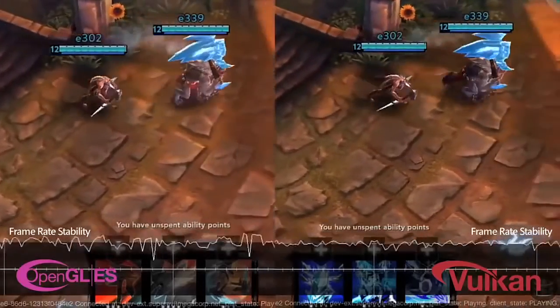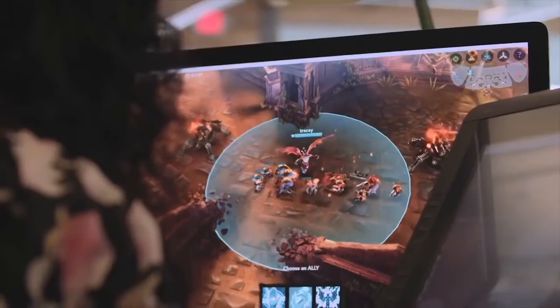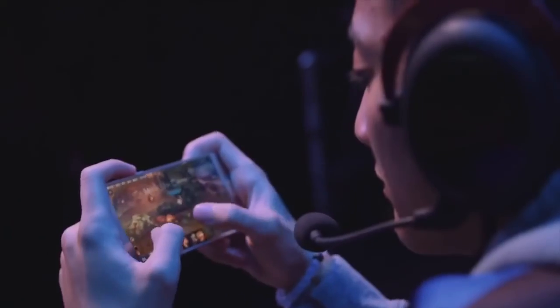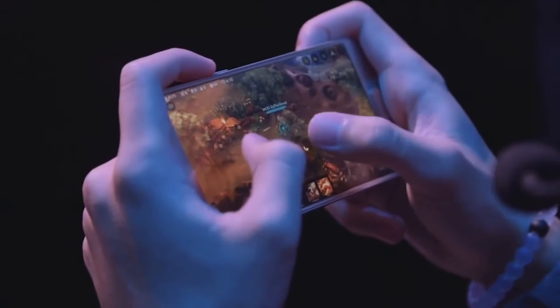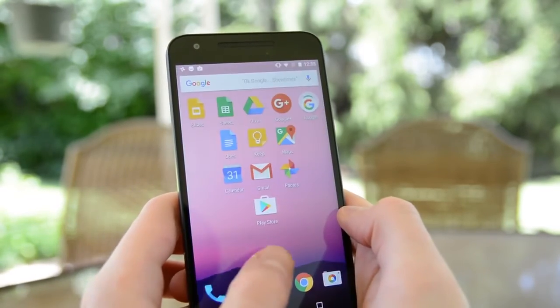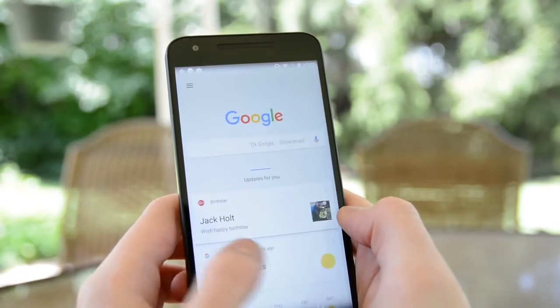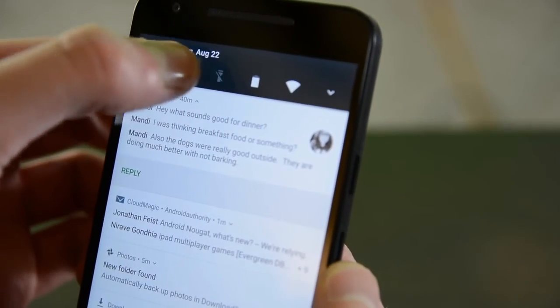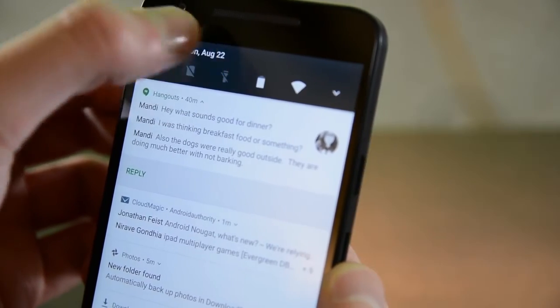The majority of changes are things you won't notice or aren't readily available yet, especially things like Vulkan API, which can take some time to proliferate. In terms of performance, the Nexus 5X had no trouble running this whatsoever. It's definitely daily driver safe. We are going to dive into Android Nougat in depth over the coming days and weeks, so make sure you